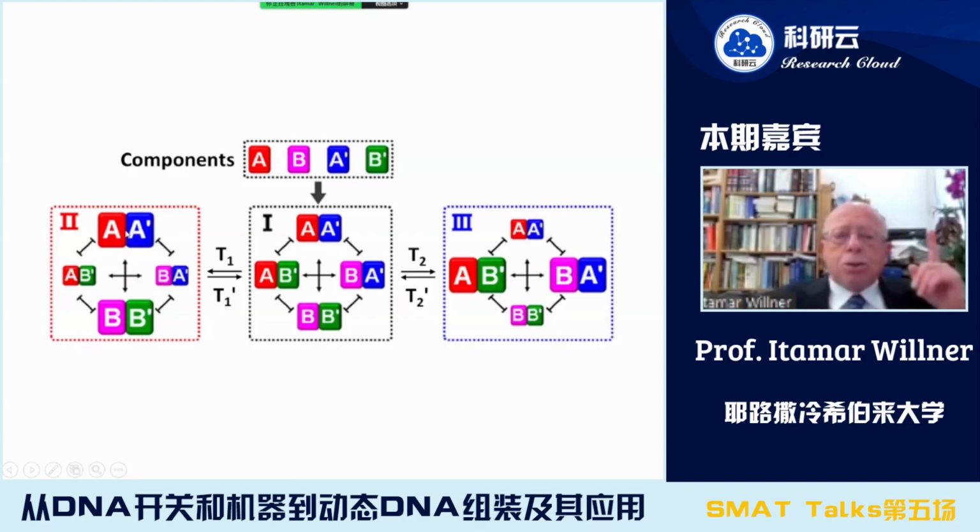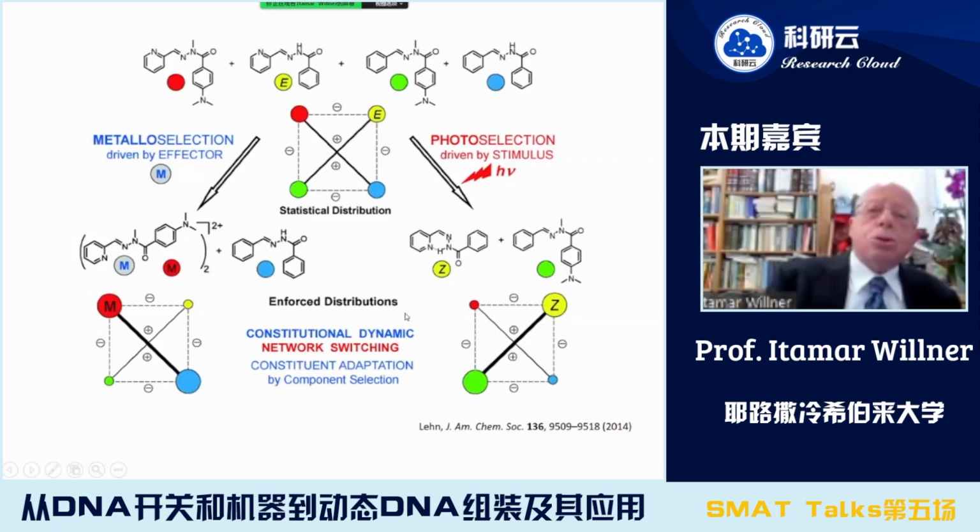But concomitantly to the enrichment of AA prime, we enrich the constituent that does not share components with AA prime. If we understand this principle of a constitutional dynamic network, we are ready to understand all that I am going to describe in this area of constitutional dynamic networks. Now let me introduce a simple example, and this